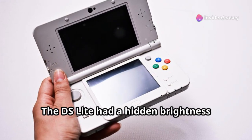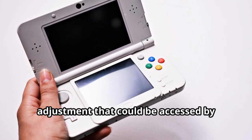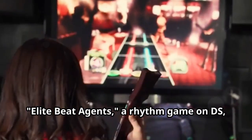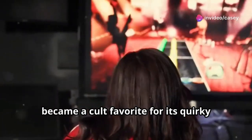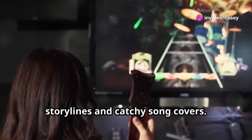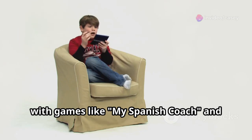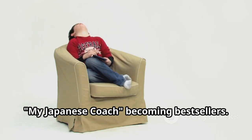combat experience. The DS Lite had a hidden brightness adjustment that could be accessed by pressing certain buttons on the main menu. Elite Beat Agents, a rhythm game on DS, became a cult favorite for its quirky storylines and catchy song covers. The DS had a hidden language learning feature, with games like My Spanish Coach and My Japanese Coach